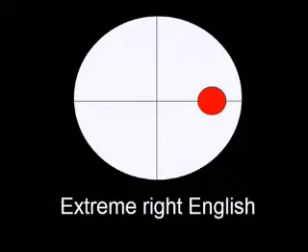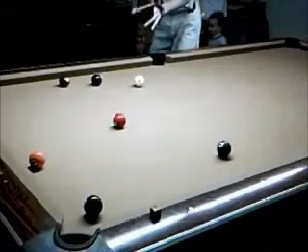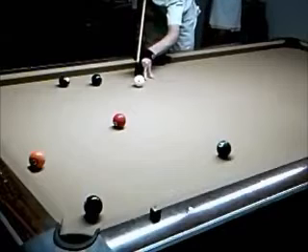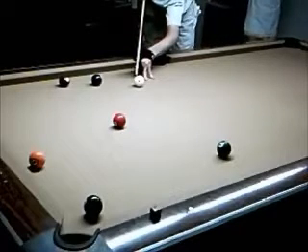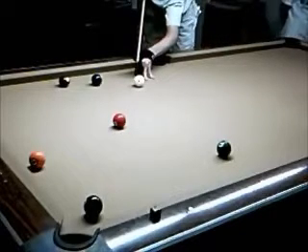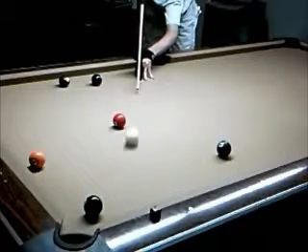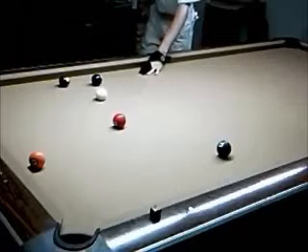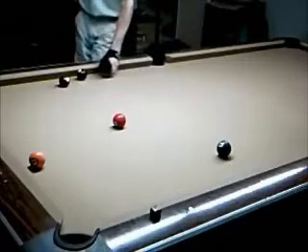In this first demonstration, I'm going to use an elevated cue in combination with extreme right English. And my goal in this 8-ball setup is to hit the cue ball in a straight line so it clears the obstructing ball, which is a 3 there, and then start curving back towards the right, pocketing the 8-ball